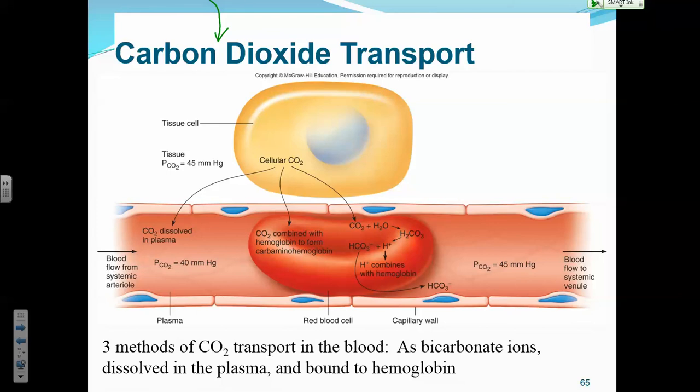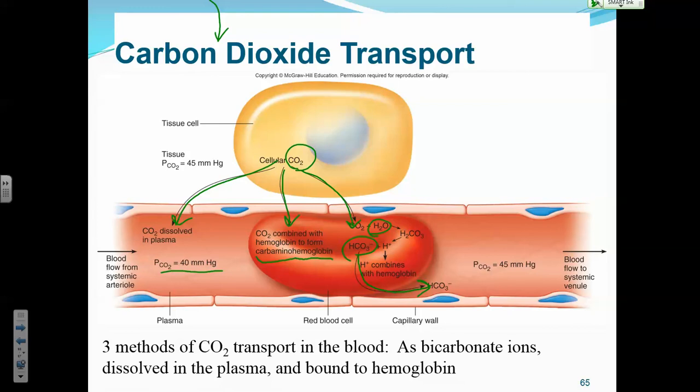But thank goodness that also is a reversible reaction, because you've got to be able to breathe out the carbon dioxide. Okay, so this is showing you CO2 produced in your cells. Some of it goes in the blood, just dissolves to give the blood its partial pressure of CO2. And then some of it moves into the red blood cells to form carbaminohemoglobin. That's the carbon dioxide combined to the hemoglobin. But the bulk of it actually moves into a red blood cell, where it combines with the water to form the bicarbonate ion and the hydrogen. And then the bicarbonate ion moves out into the blood plasma. And so that's the bulk of it.